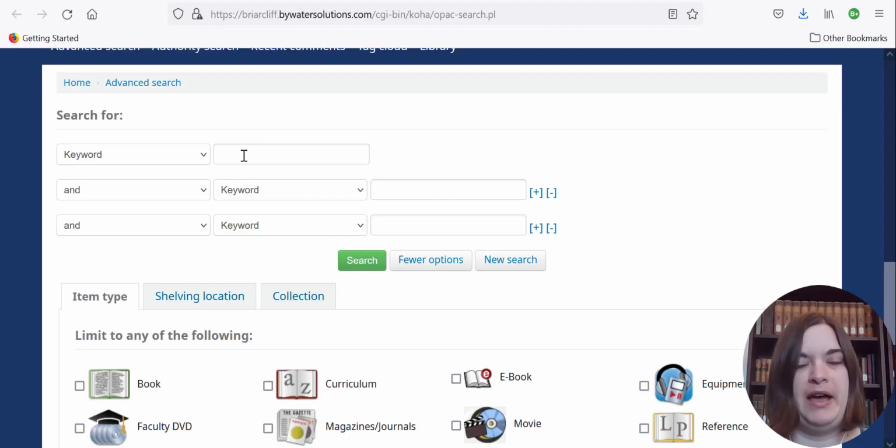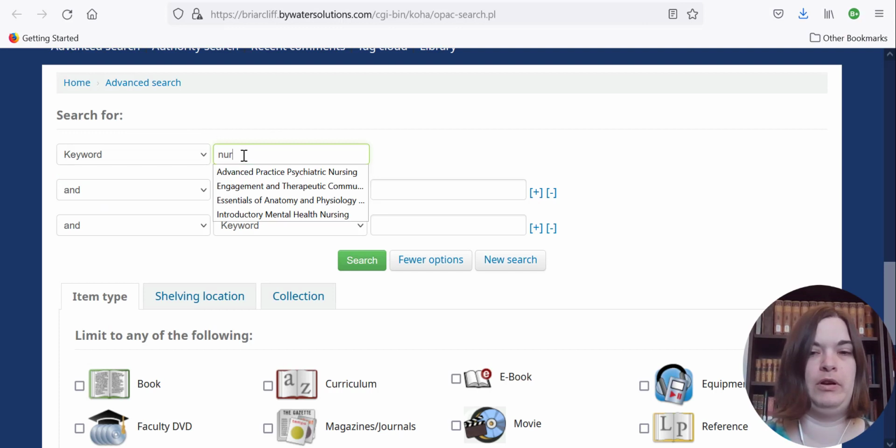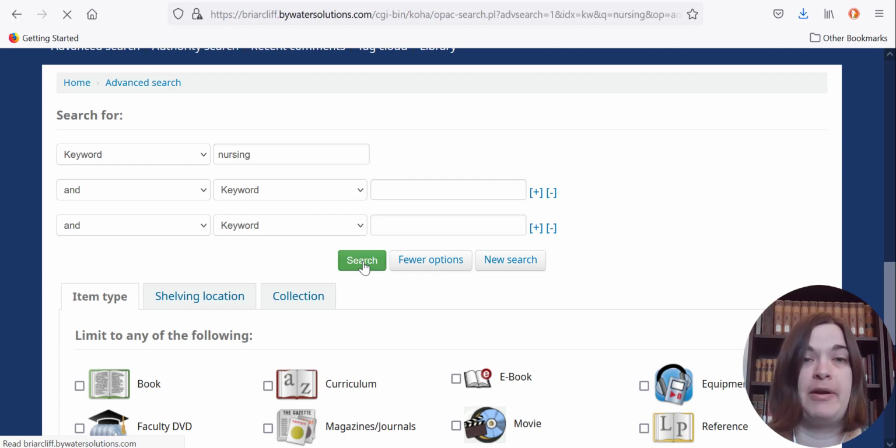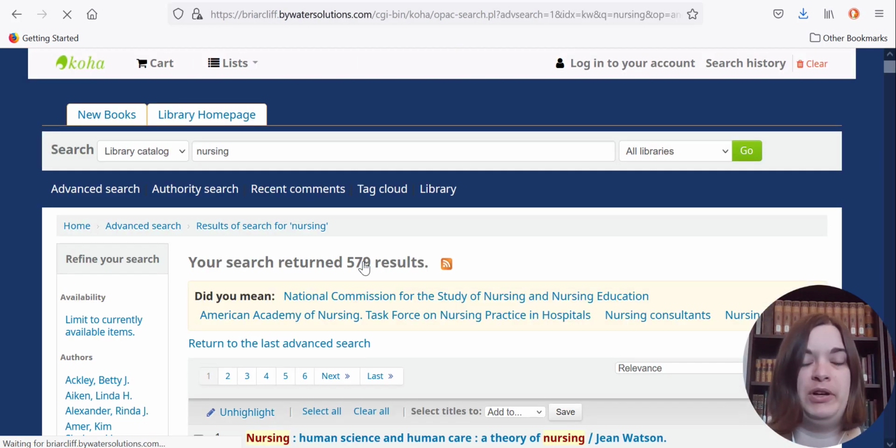This is the library catalog, and you can do a search for a topic of interest. And again, I'll just do a search for nursing. And I should mention the catalog searches for all our print resources within the library building. So all of our print books, we also have DVD and Blu-ray collections, as well as curriculum collection, children's literature, and technology and equipment available for you to check out.